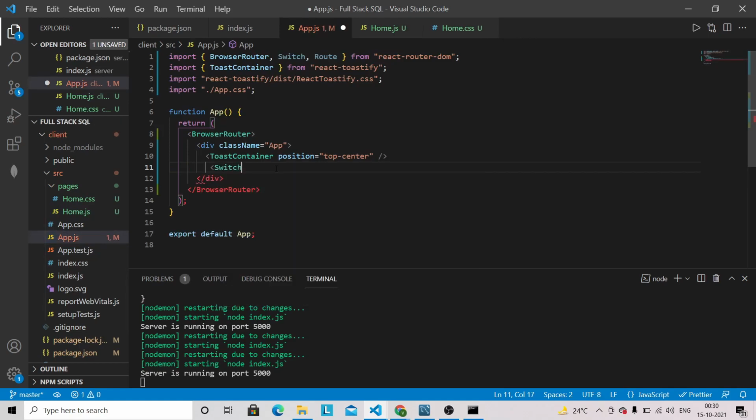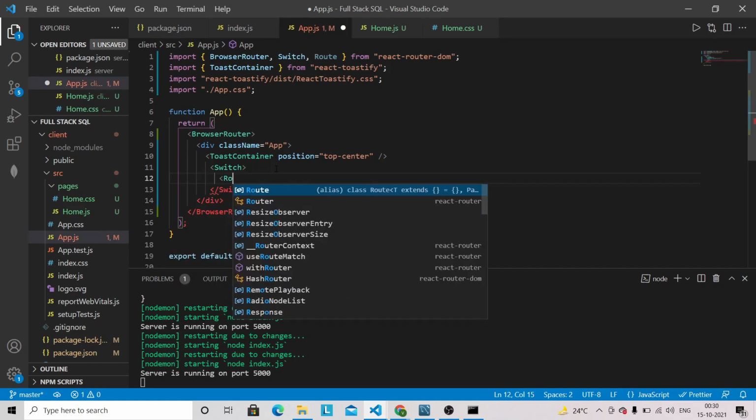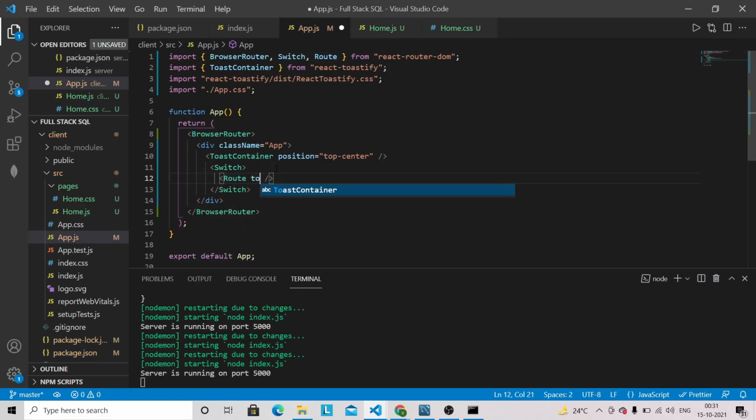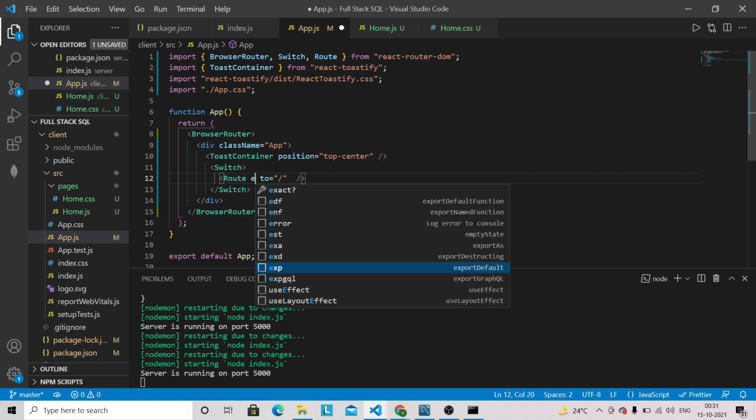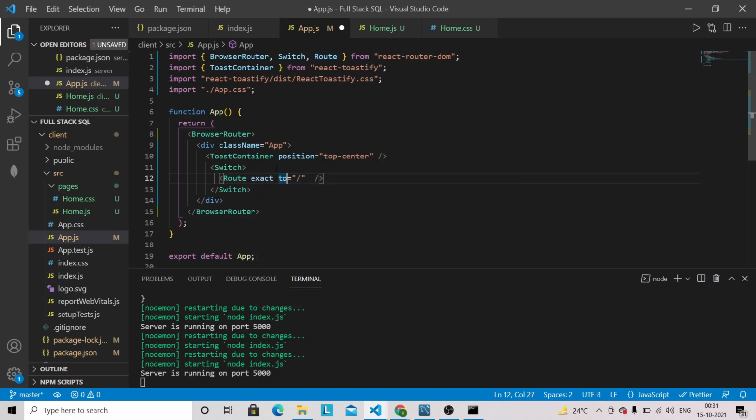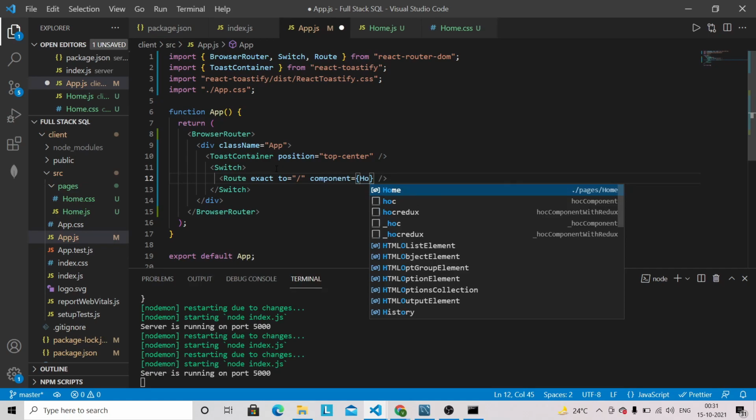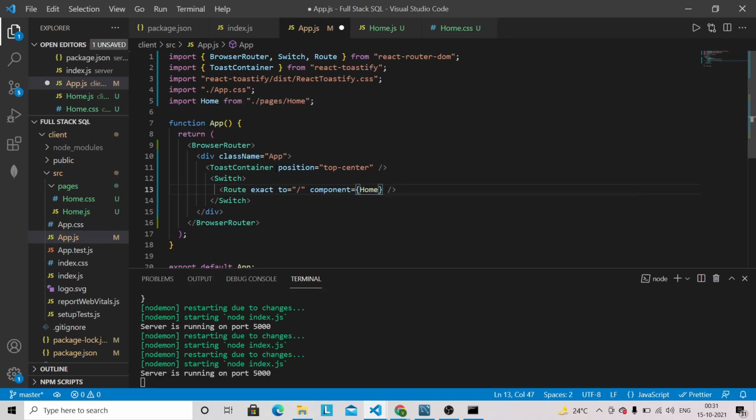So I'm going to use Switch and Route, so this will be the home route, and we can specify here exact, and we can give here component, and let's bring the Home component. VS Code automatically imports that component here, you can see that, and this will be the path now. Okay, and let's go into the browser.